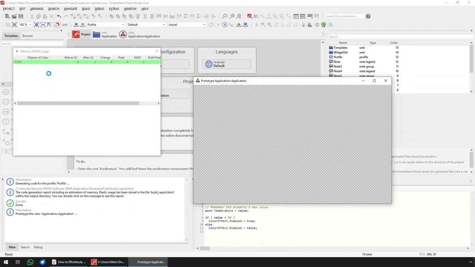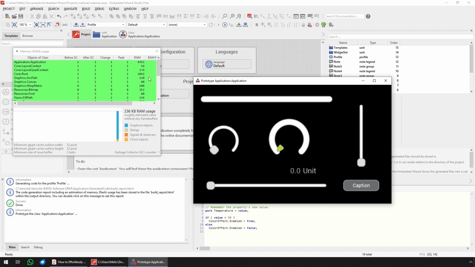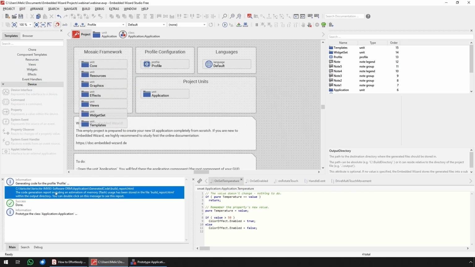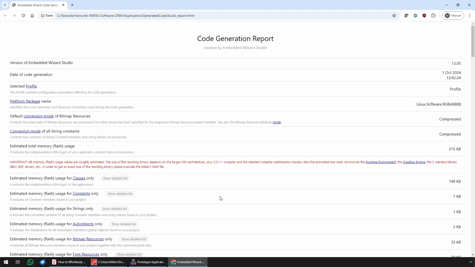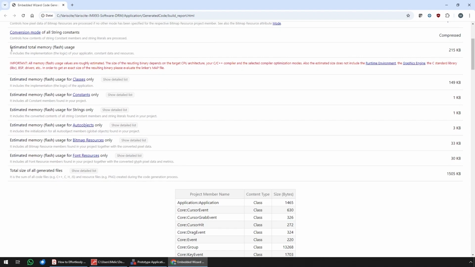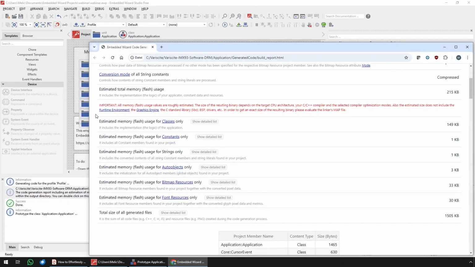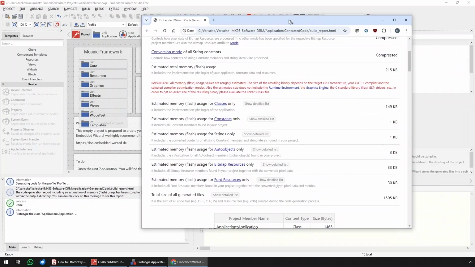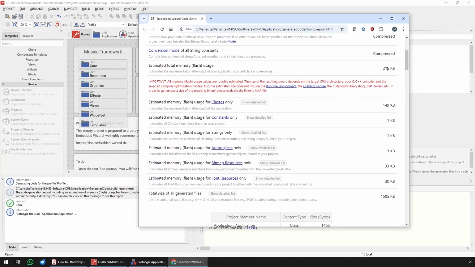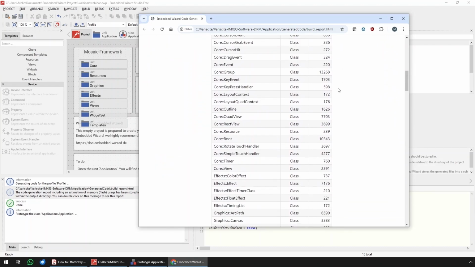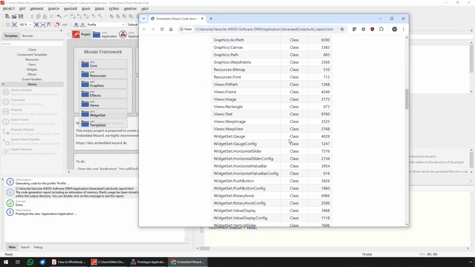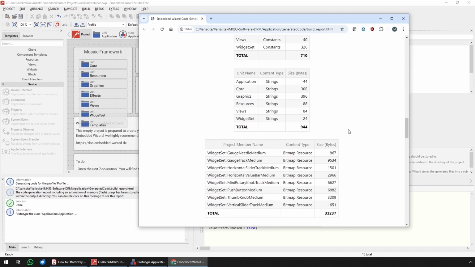control. We have here this memory usage window for the RAM usage, but you might ask, what about the flash usage? There we're also generating, during compile time or generation time, a short build report, which gives you the idea that the current amount of generated sources and the estimated flash usage is roughly about 215K. I see it's quite small, but it's also not a big application. You can jump into that and see where most things are being used, and so on, which gives you a good